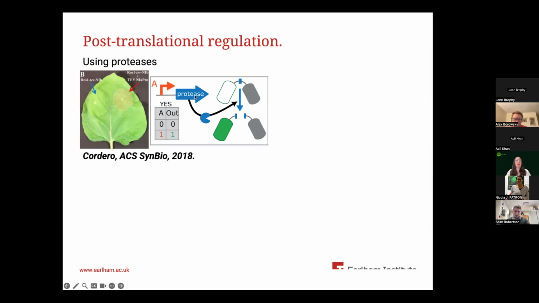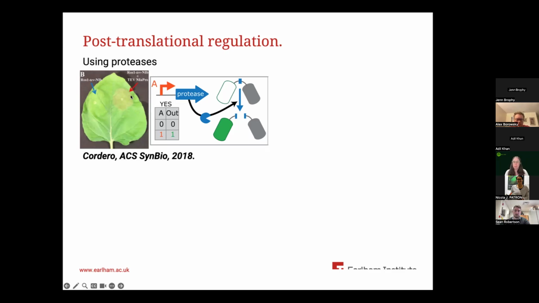So here it is using protease. The input mediates the expression of the protease, which will cleave the protein at the protease cleavage site. And the output that they use in the system is ROSEA1, which is a transcription factor that induces accumulation of anthocyanins. As you can see here, in this bent leaf it leads to a bit more of a reddish color. It's not that great in the picture, but they have some very nice pictures where you can see that